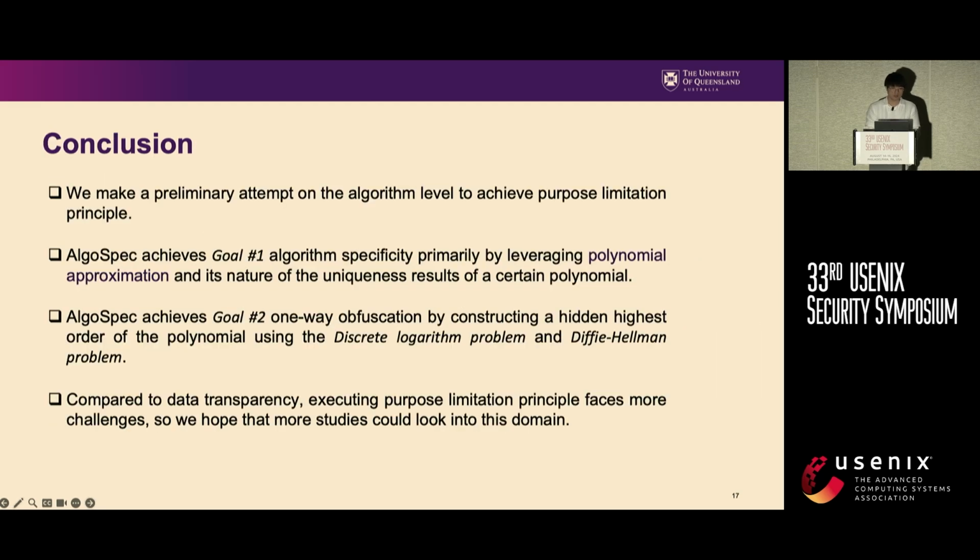Okay, so in conclusion, we make a preliminary attempt at the algorithm level to achieve the purpose limitation principle. AlgoSpec achieves goal 1, algorithm specificity, by leveraging polynomial approximation and its nature. And AlgoSpec also achieves goal 2 when we obfuscate, by constructing a hidden highest order of the polynomial using the discrete logarithm problem and the Diffie-Hellman problem. Compared to data transparency, we believe executing the purpose limitation principle faces more challenges. So we hope that more studies could look into this